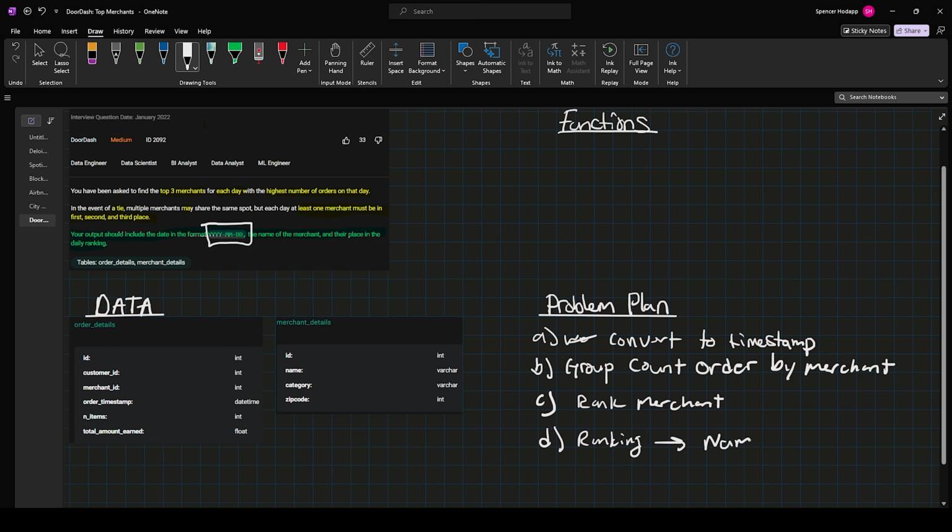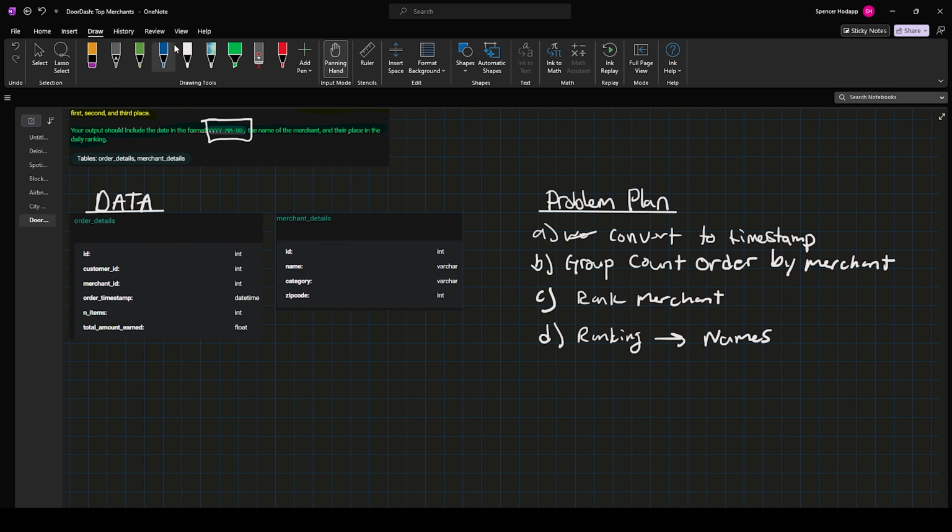Even though you're using PySpark, and PySpark's really optimized for a ton of data, DoorDash has a metric boatload of this stuff. So if we do the ranking first and then we grab the names, that should save us complexity, which should save us time, which should save us compute.